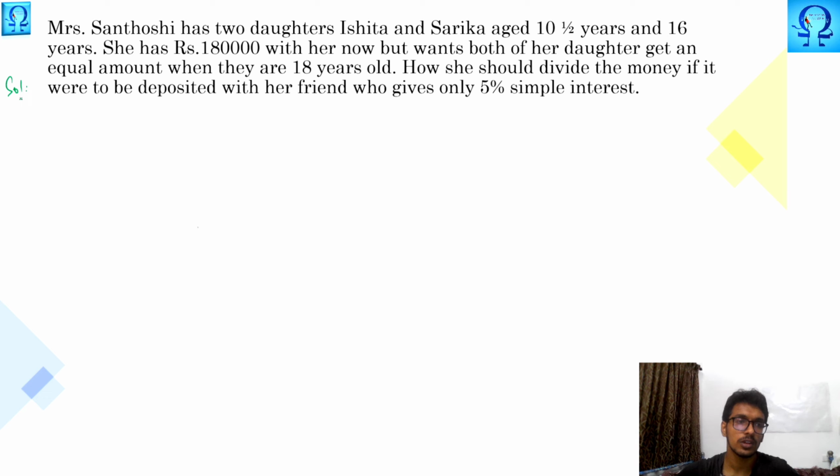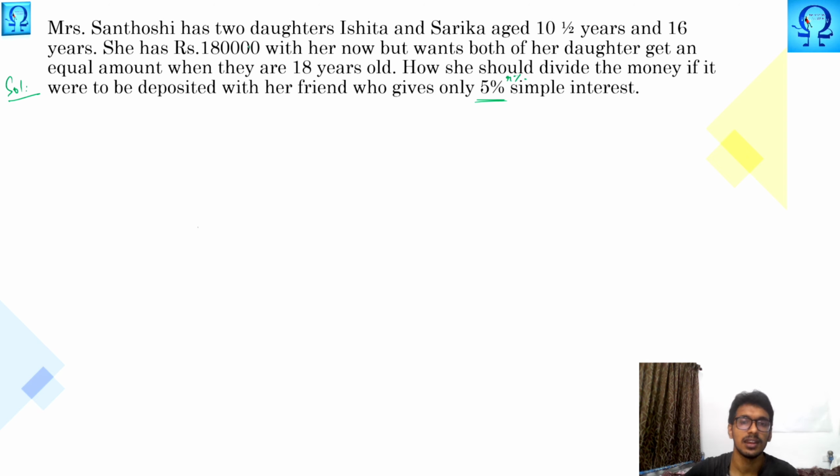So for that, what should we do? The rate of interest is 5%, the same in both cases. In order to calculate interest, what do we need? We need the number of years, the amount of investment, and the rate of interest. We have the rate of interest. The amount is the total amount that has to be split. How are we going to split that? That is what we have to find. So we have only two pieces of information. What about the number of years?